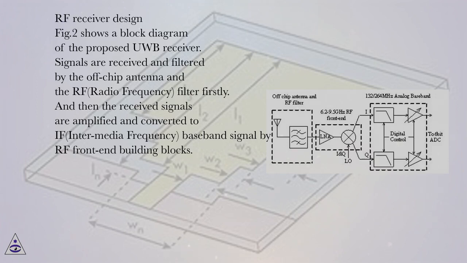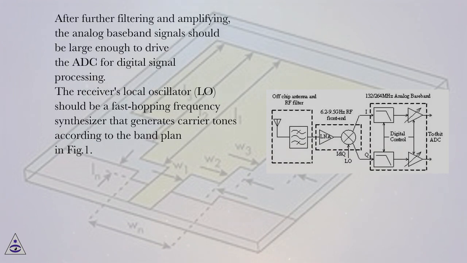RF receiver design. Fig.2 shows a block diagram of the proposed UWB receiver. Signals are received and filtered by the off-chip antenna and the RF (radio frequency) filter first. Then the received signals are amplified and converted to IF (intermediate frequency) or baseband signals by RF front-end building blocks. After further filtering and amplifying, the analog baseband signals should be large enough to drive the ADC for digital signal